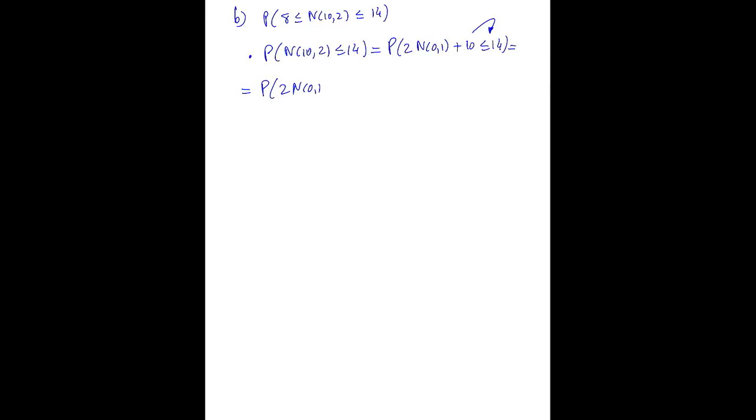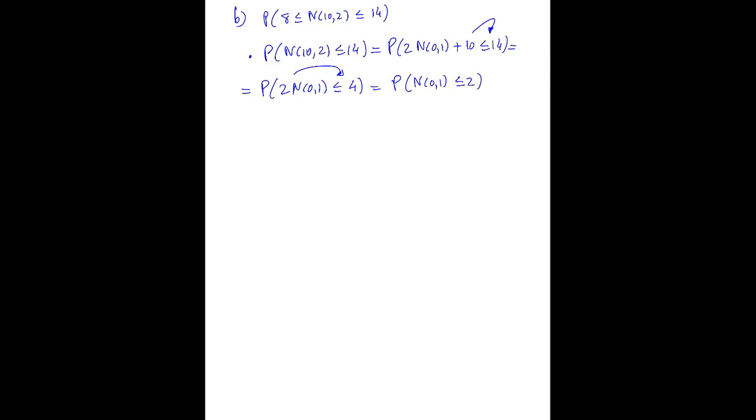Consider now part B, which is asking to compute the probability of our normal 10, 2 to be between 8 and 14. So we look first at the probability of the normal 10, 2 being less than or equal to 14. That's equal to the probability of 2 times the standard normal plus 10 being less than or equal to 14. As before, we move the 10 to the other side, and we have the probability of 2 times the standard normal less than or equal to 4. We move the 2 dividing, and that's the probability of a normal 0, 1 less than or equal to 2,